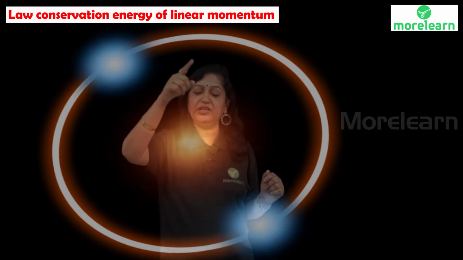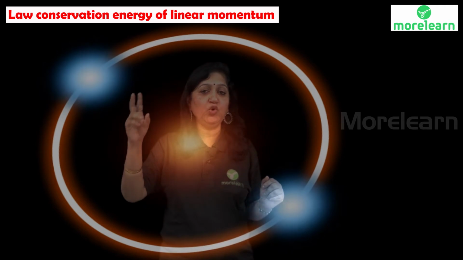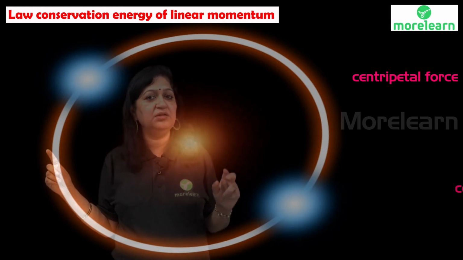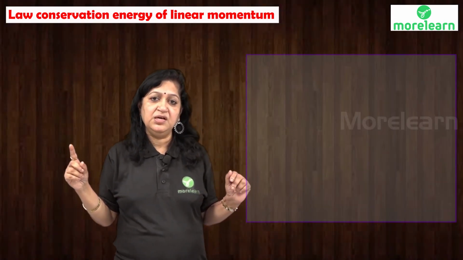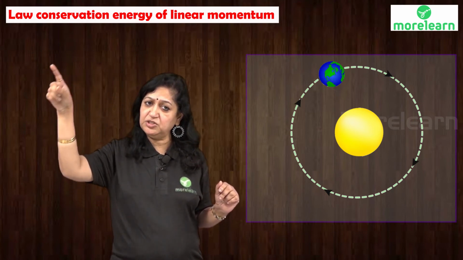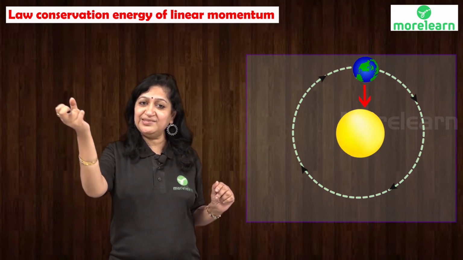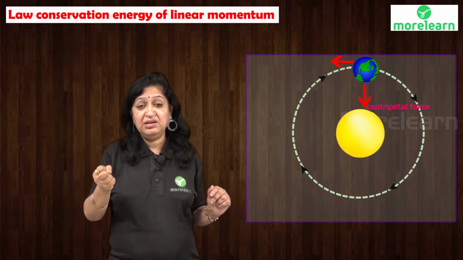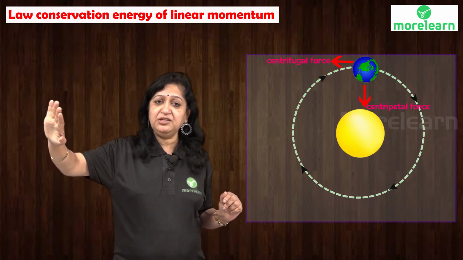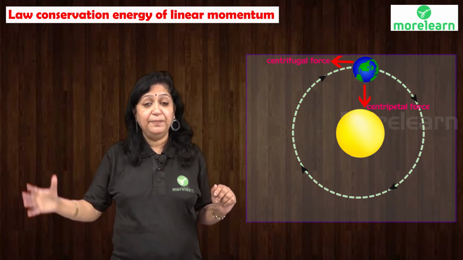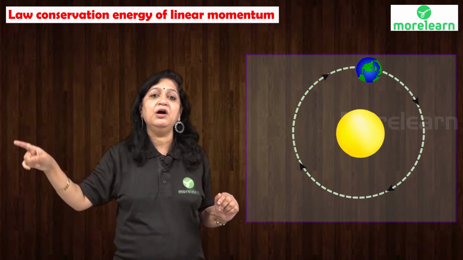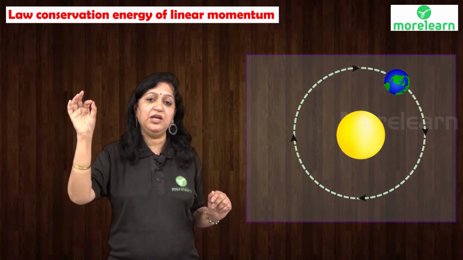When an object is moving at the periphery or circumference of a circle, there are two forces exerted on that object. One is a centripetal force, the second is a centrifugal force. The centripetal force exerted on the object while it is moving in a circle acts towards the center of the circle. The centrifugal force is pushing the object away from the center of the circle. Because these two forces are equal, the object is moving around the periphery of the circle equidistantly and with